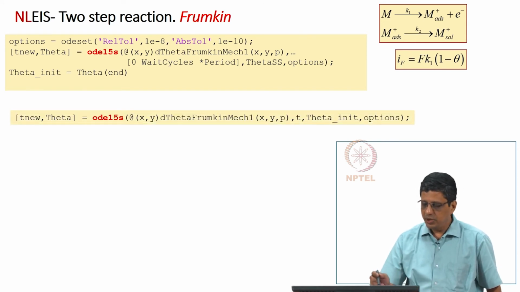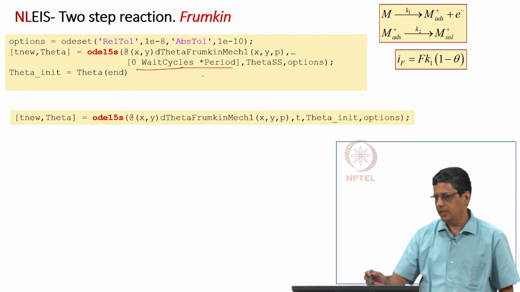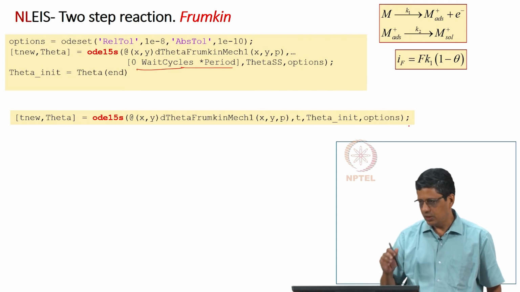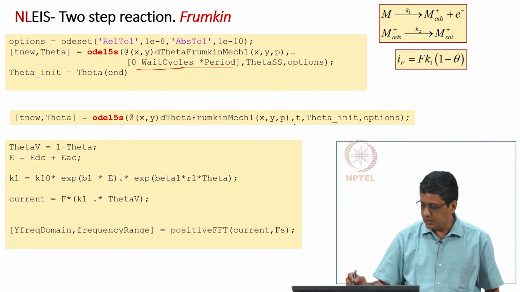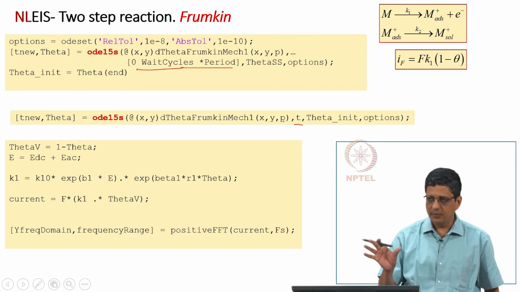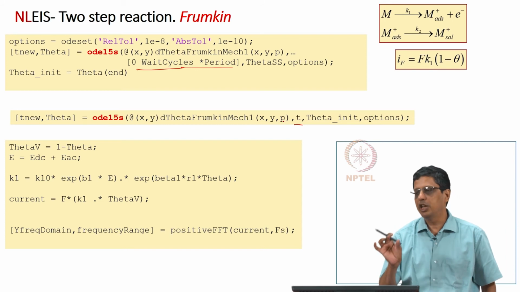Okay. So, initially we wait for certain time, we calculate the number of cycles based on the frequency, wait for certain time, and then integrate for some more time, n number of cycles. I have not shown you all the details. So, this first part is for waiting, second part this t is a little different, it is based on the frequency, based on the number of cycles, based on the number of points in a cycle.